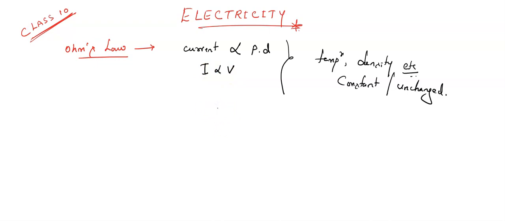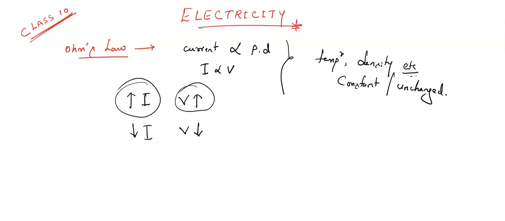Children, I hope you may not know a few more basic concepts. What exactly is the meaning of directly proportional and what is the meaning of inversely proportional? It means that if you raise the current, the potential difference also rises by the same amount. If you decrease the current, the potential difference also decreases. This is called directly proportional. You change one, and the other also changes in a similar way.